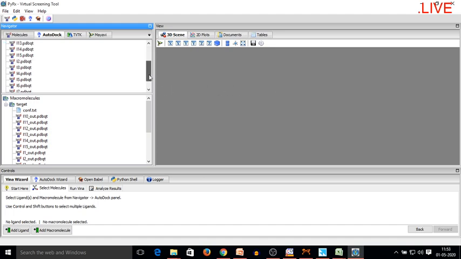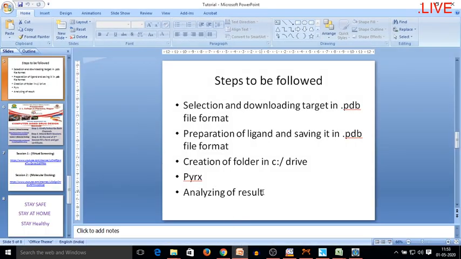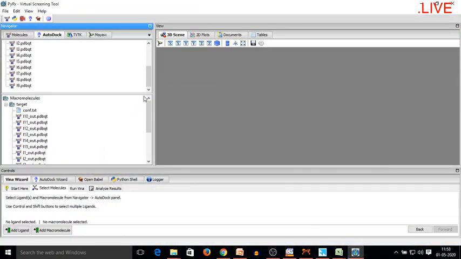So now coming to the final section, that is analyzing the result. We have already saved the result. Now we can see in the target section the L10 underscore out.pdbqt file is available.